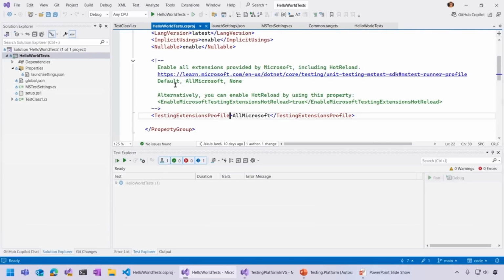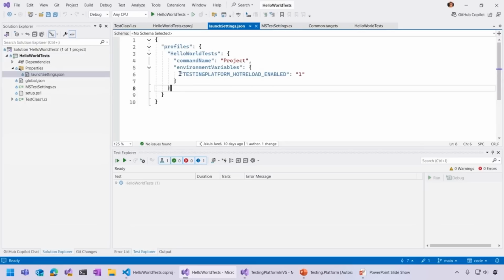So by default, we now ship 3 of them. We have the default, we have all Microsoft, and we have none. So by just a single property, you can select multiple extensions to be installed. And so in this case, I'm using the all Microsoft, which will install all the extensions that we're shipping for the testing platform, and that includes the hot reload extension. To further enable the hot reload extension, I need to specify this environment variable Testing.Platform hot reload enabled. And then I can go and I can run my app,